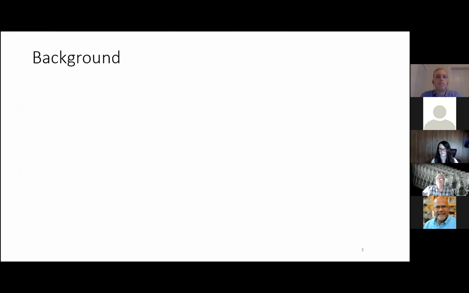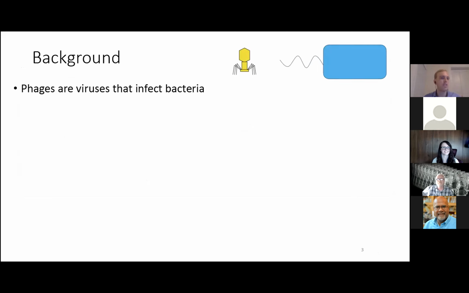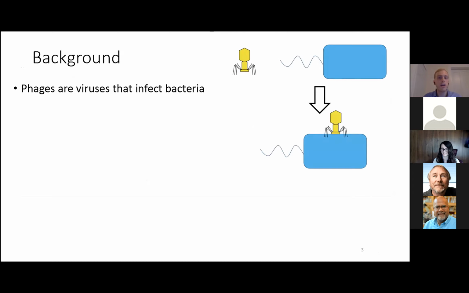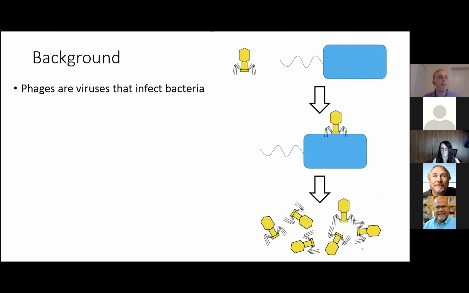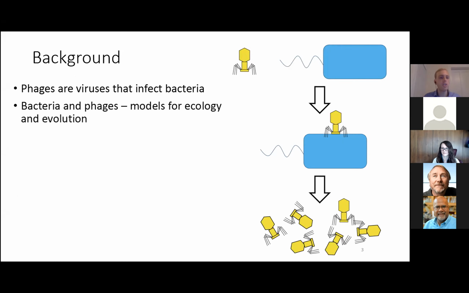For those perhaps not from the microbiology side, bacteriophages, or phages for short, are viruses that infect bacteria. Out in the natural world, you might have a phage and a bacteria, and when they come into contact, the phage will attach to the outside of the bacterial cell, then inject their genetic material and hijack all the cellular machinery in order to produce a whole bunch of new phages. For lytic phages, which is a lot of them, this process kills the host. And so this host-parasite relationship has made bacteria and phages really wonderful models for studying ecological and evolutionary